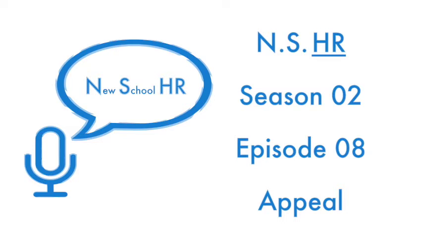So the thing to be aware of when you're looking at an appeal for a dismissal is the unfair or constructive dismissal. So unfair would mean the reason you gave for the dismissal wasn't the real one. The reason was unfair, or you acted unreasonably. For example, you didn't follow the actual company process in terms of disciplinary policy and procedure.